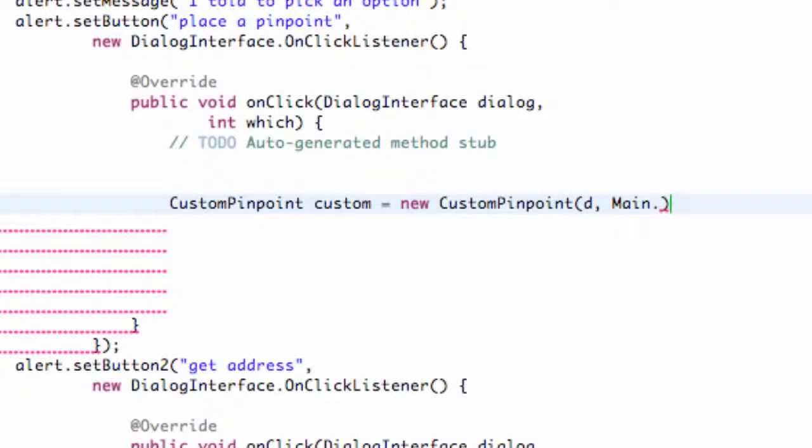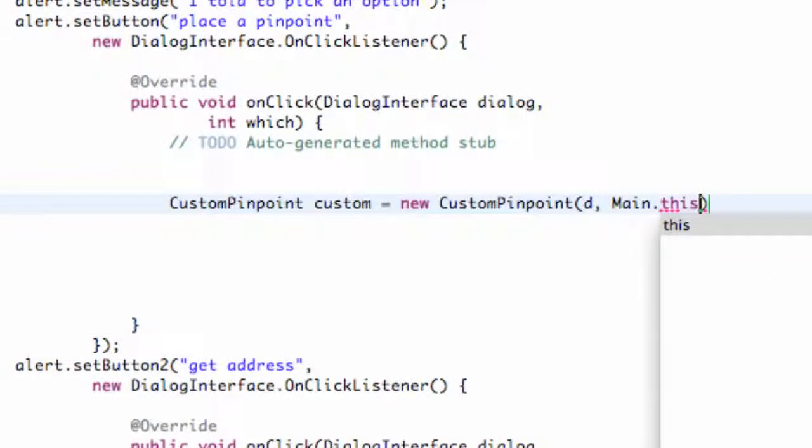So we're going to say our main dot this, which is referring to the context of our main class. And now we've set up a custom object, which we'll get into more because right now it's not really going to do anything. So we need to do some more stuff, and we'll finish this off in the next tutorial,